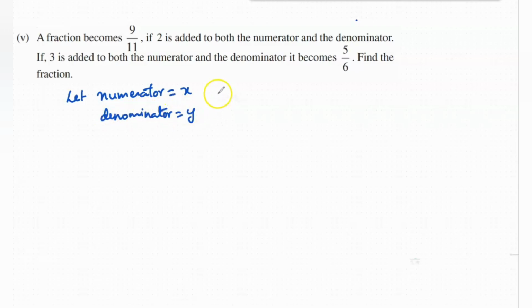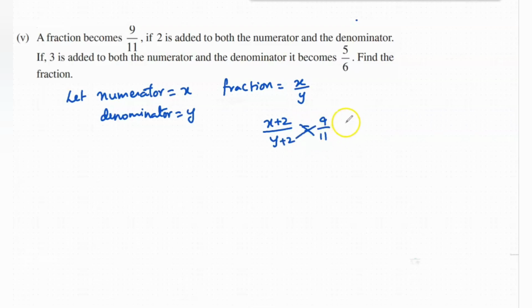So the fraction becomes X by Y. The original fraction is X by Y. Now first condition, 2 is added to both numerator and denominator. So let us add 2 to both numerator and denominator. So the new fraction becomes 9 by 11. So if we add 2 to the numerator and 2 to the denominator, the fraction becomes 9 by 11, which we can write as, by cross multiplying,